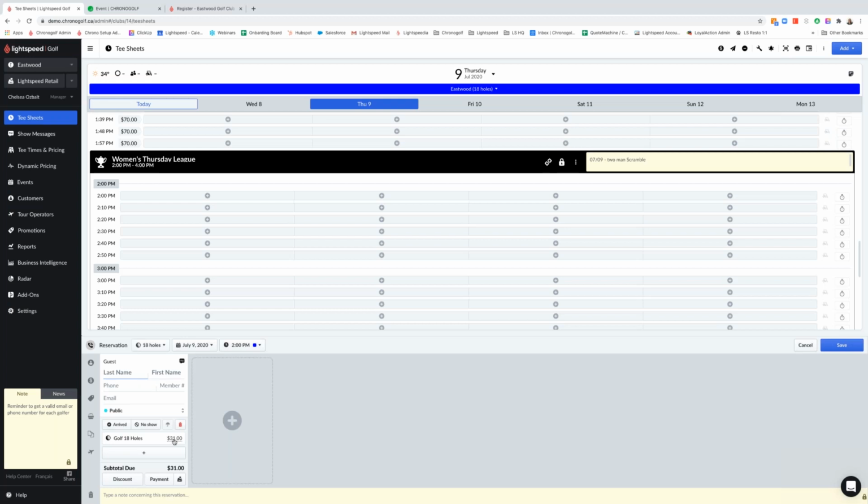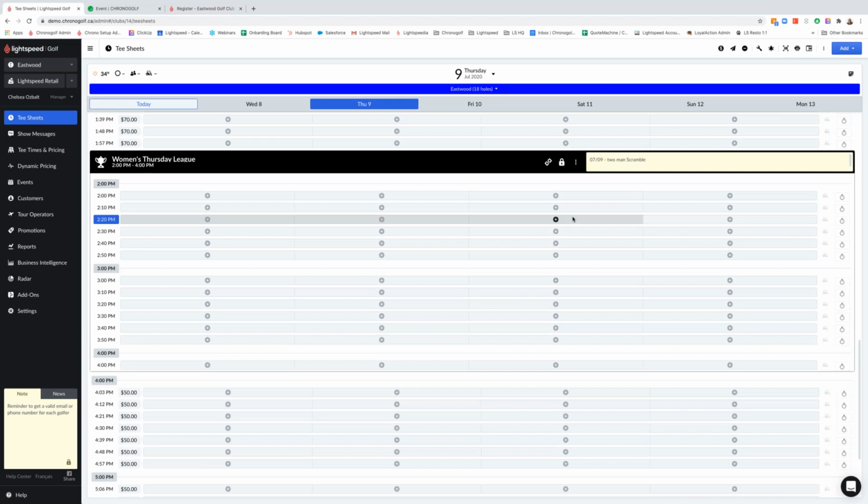If you do a lot of leagues, I highly recommend letting your account manager or implementation consultant know, so that they can give you best practices and go a little bit more in depth on how you can use it to your advantage on your T sheet. But it is certainly useful, because it allows you to designate outside the T sheet. And it's a good way, if you have, let's say, a shotgun in the afternoon, you can just create an event, have a separate price sheet, and apply it just for those tee times. So a lot of usages, and you can see that it's also a recurring tournament,